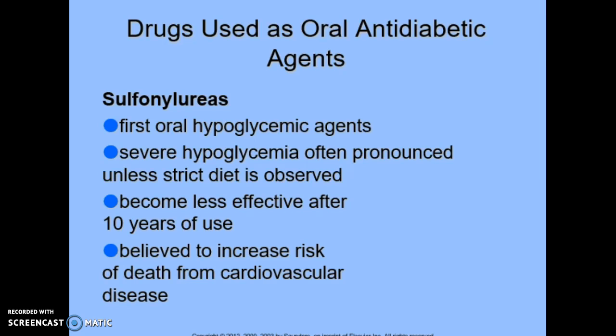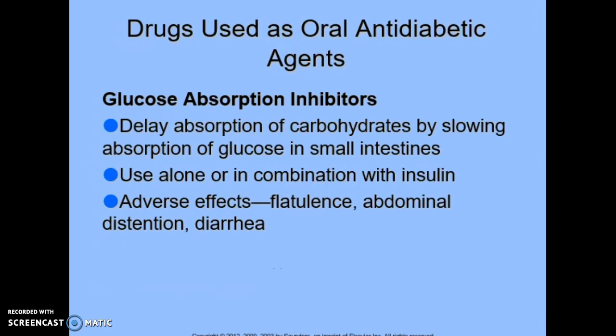Sulfonylureas can produce more severe effects in elderly or debilitated or malnourished patients. Because they vary in onset and duration, the patient must adhere to a strict diet time and well-balanced meals for them to work. And some researchers have now linked these medications to an increased risk of death from cardiovascular disease. So it's important to note those side effects. So glucose